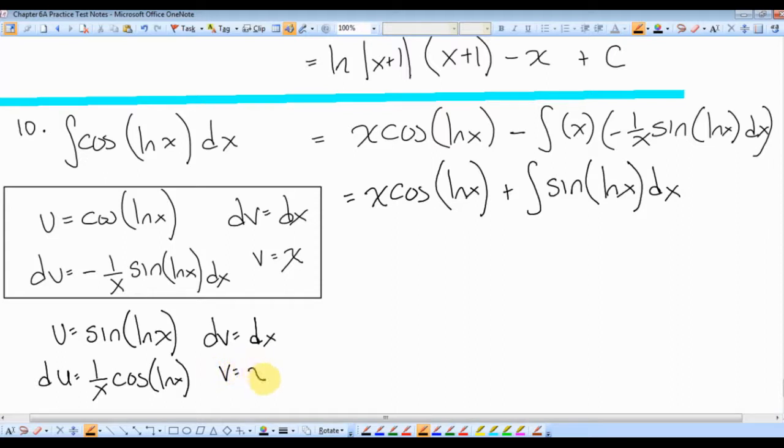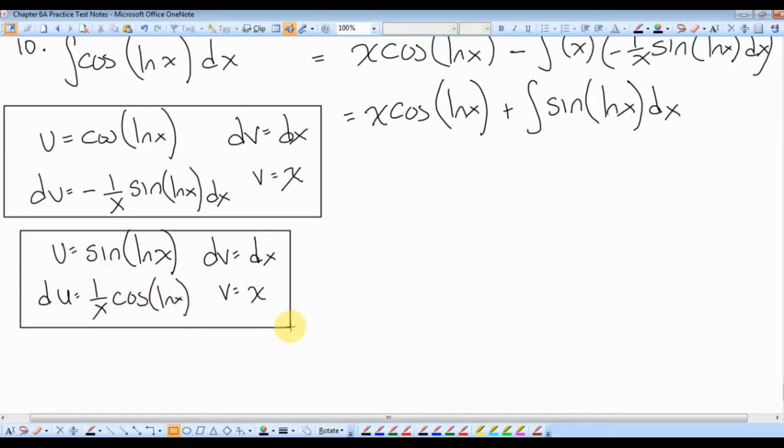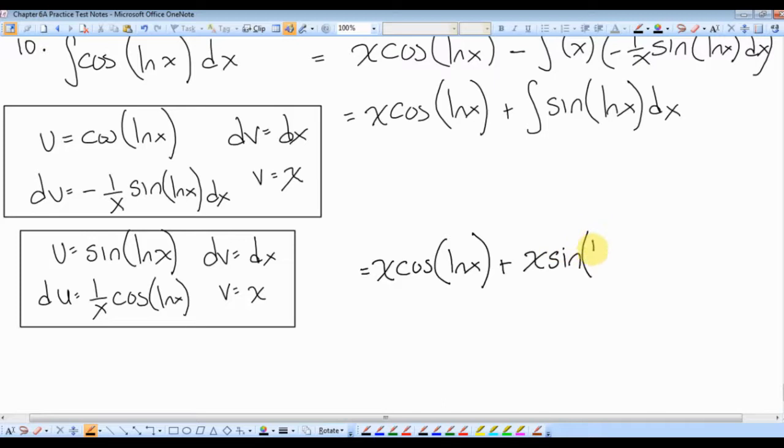v equals x, because the integral of cosine and sine is the same. Plus x sine of log x minus